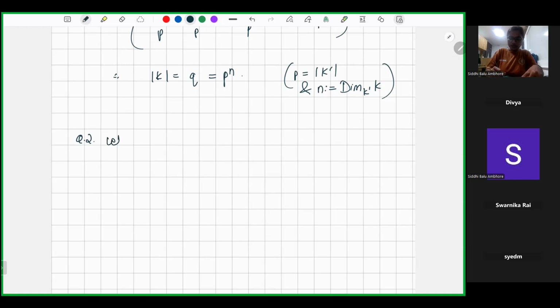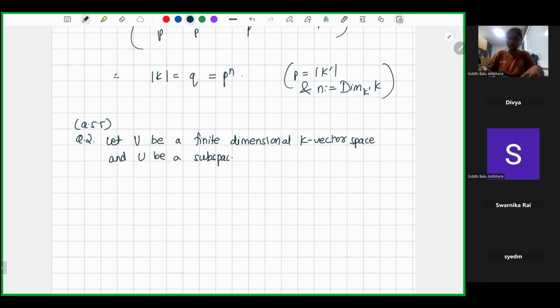Okay, so let us try to do the next question. This is question 5.5 from the assignment sheet. Let V be a finite dimensional K vector space and U be a subspace of V. So let U1 to,